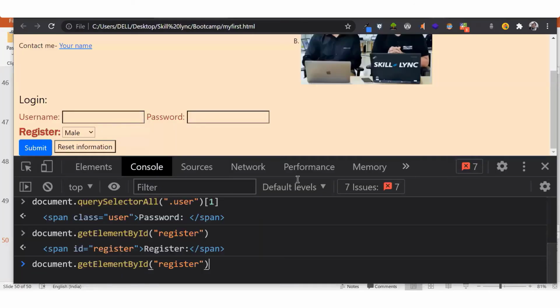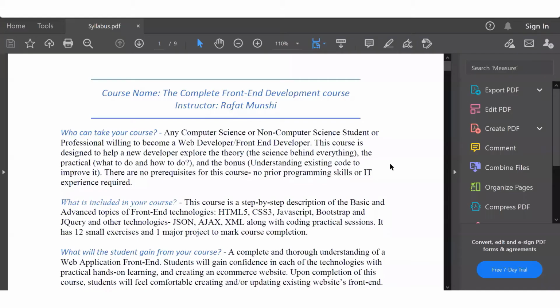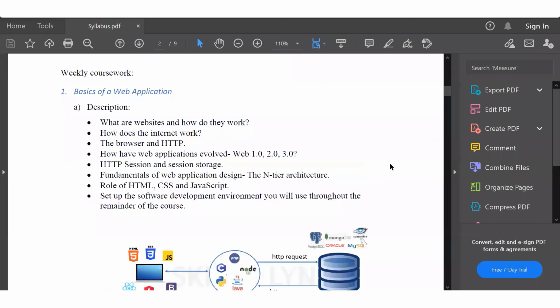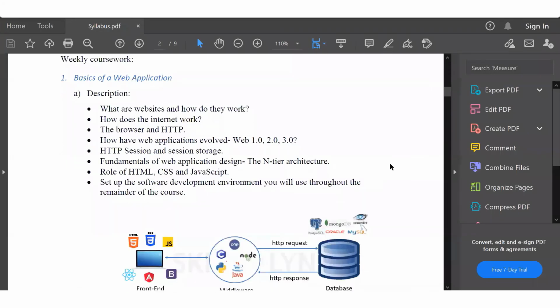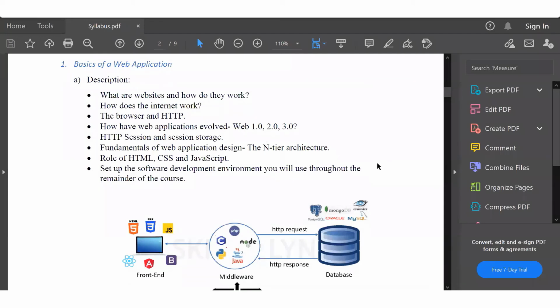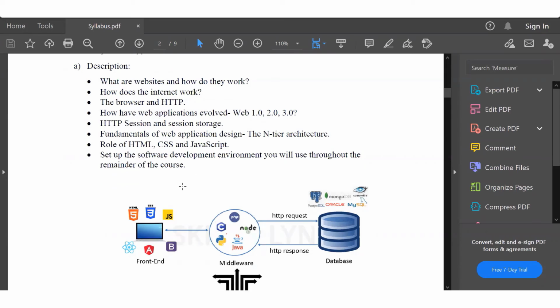Till then, since you have taken so much time to do this particular bootcamp, why not I show you the remaining syllabus which you should do. This is the syllabus of our front-end development course of our master's program. This is something which I want to show you exclusively. This is not something which is available for everybody to see, but I want you to understand how HTTP works, how the browser works, and the role of HTML, CSS, and JavaScript.